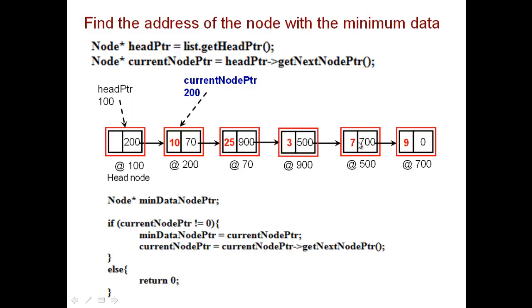So you swap the data of that current node with the data pointed by that pointer that stores the address of the node of the minimum data, which is 7. So 7 comes here, 25 comes here. So now you see the list will have 3 followed by 7 followed by the 10 you have here, and then 25 and 9. So 10, 25, 9. So now 10 swapped with 9. So 9 comes here, 10 goes here. Then 7, it's already the minimum. So it will be the last, also the last